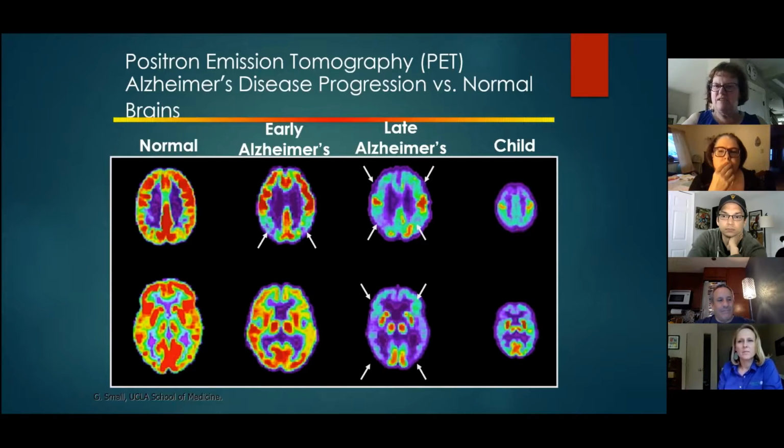So what are you thinking now? Anything different? There's a decrease in red when you're moving from left to right on the screen. Yeah, so when you're going from someone who has a normal, healthy brain to someone who's going through early Alzheimer's or into late Alzheimer's, there's a lot less activity. But do we know where the memory is on this brain?